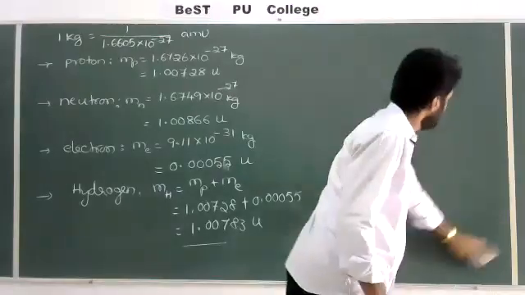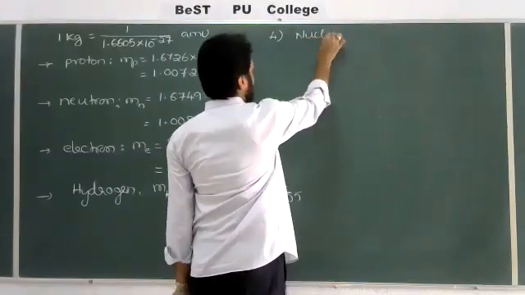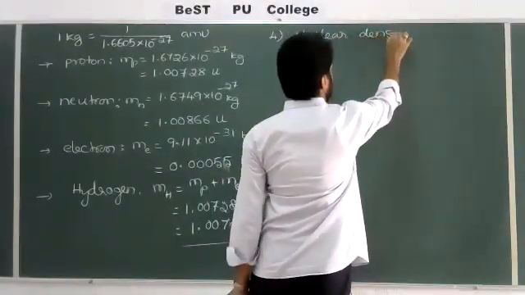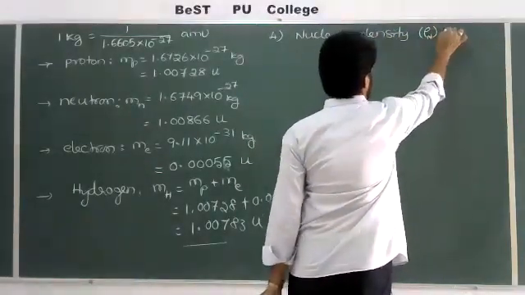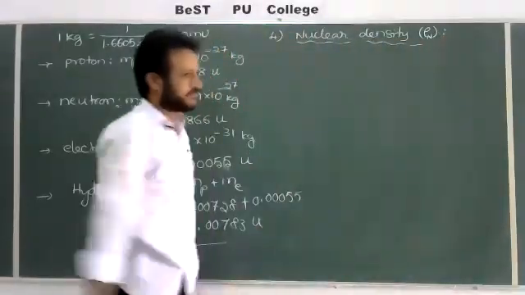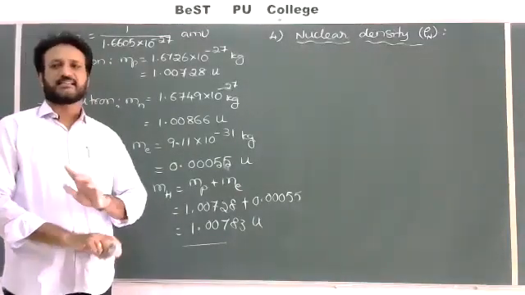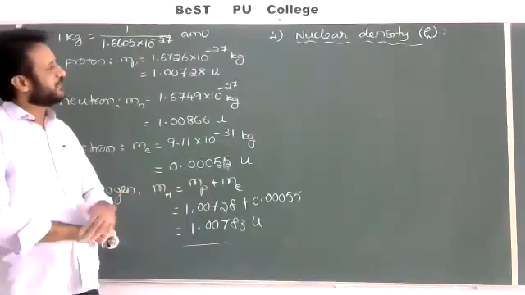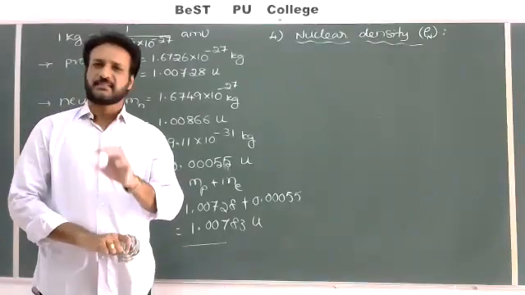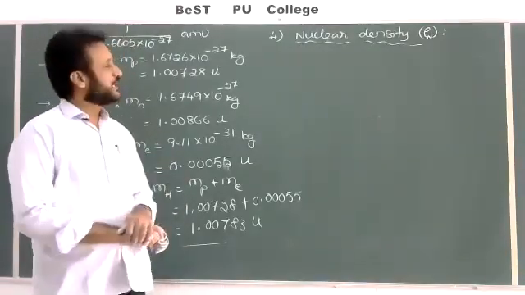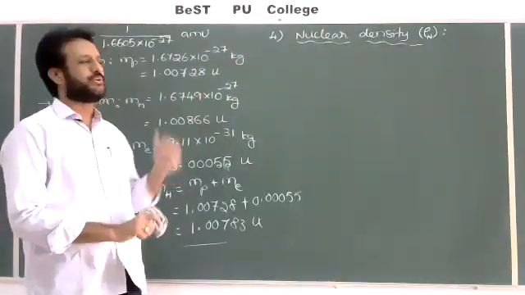Next, the fourth one, we go to nuclear density. Density of the nucleus, or nuclear density. So write the rho symbol. I am taking rho or rho n, nuclear density. So generally the nucleus has mass and also size. Because of the mass and the size, if you divide both, what will you get? Nuclear density. So the nucleus will occupy some space and also has some mass. So the ratio of the mass of the nucleus to the size of the nucleus, or volume of the nucleus, is called nuclear density.